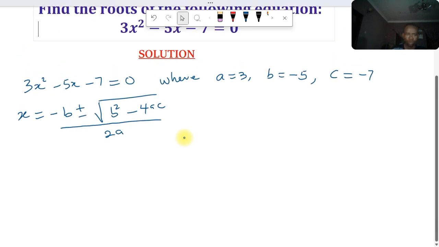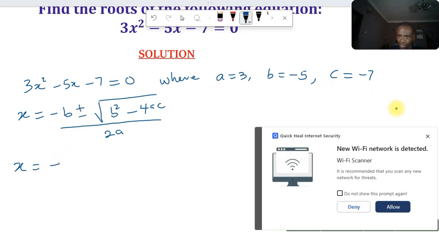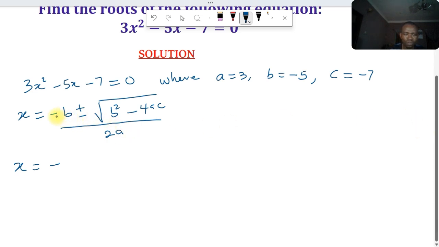Okay, so I have x equal to... now in this case, this formula has its own personal negative, but b as well comes with its own negative sign, so we should not confuse it with the other one that we have here. So I will write the minus from the formula, then I will write the one that comes with b itself. So I have minus, the first one I wrote is from the formula, then b also has its own minus, which is minus 5, plus or minus